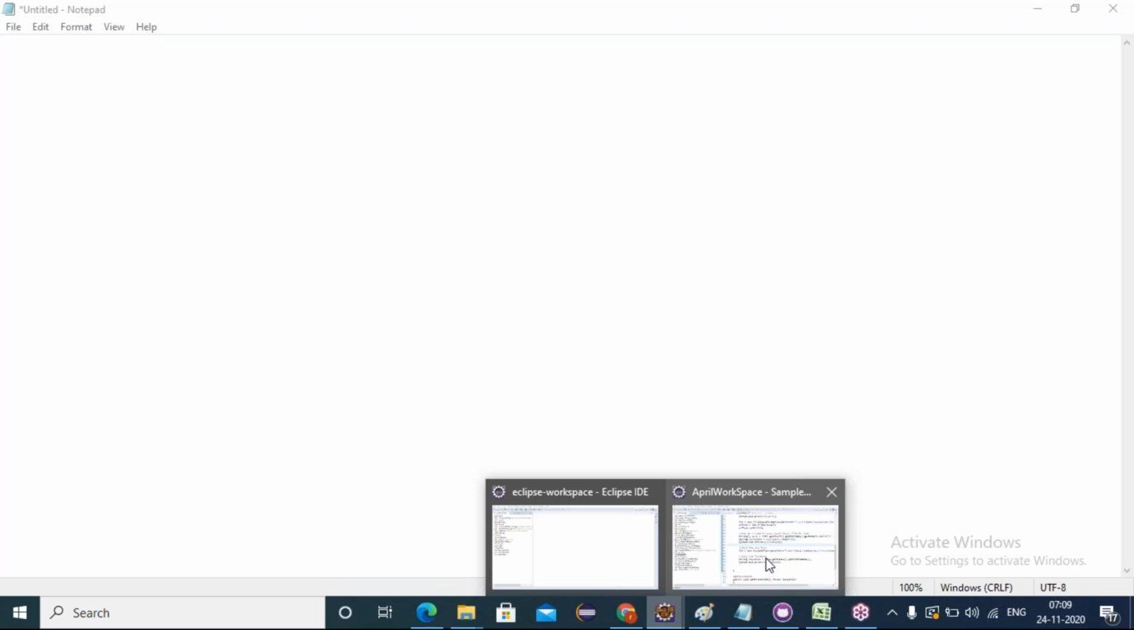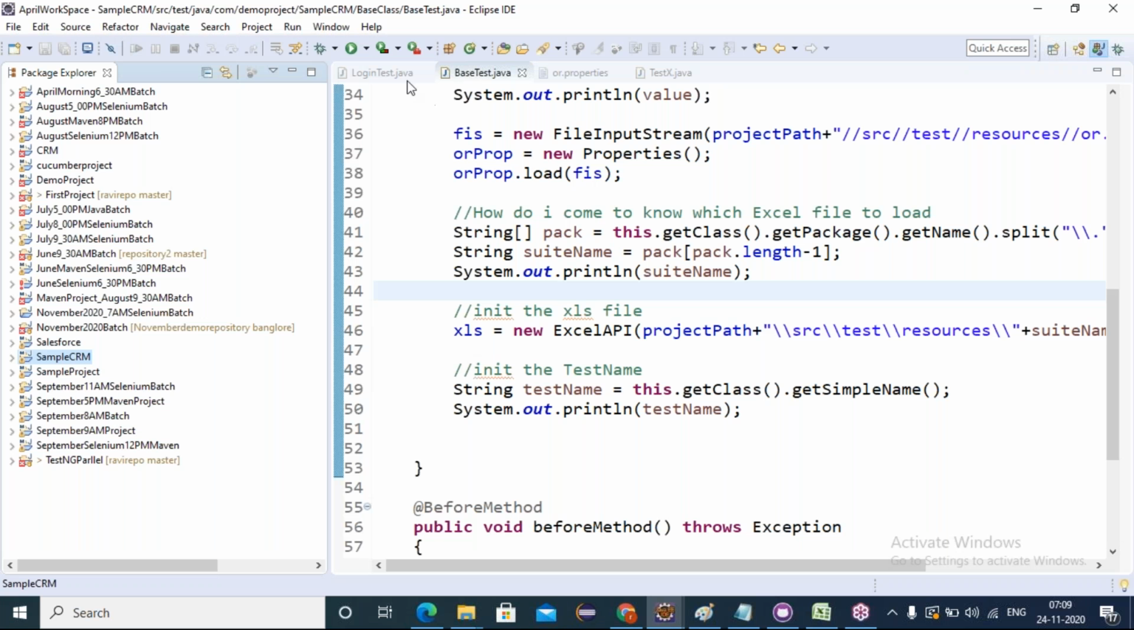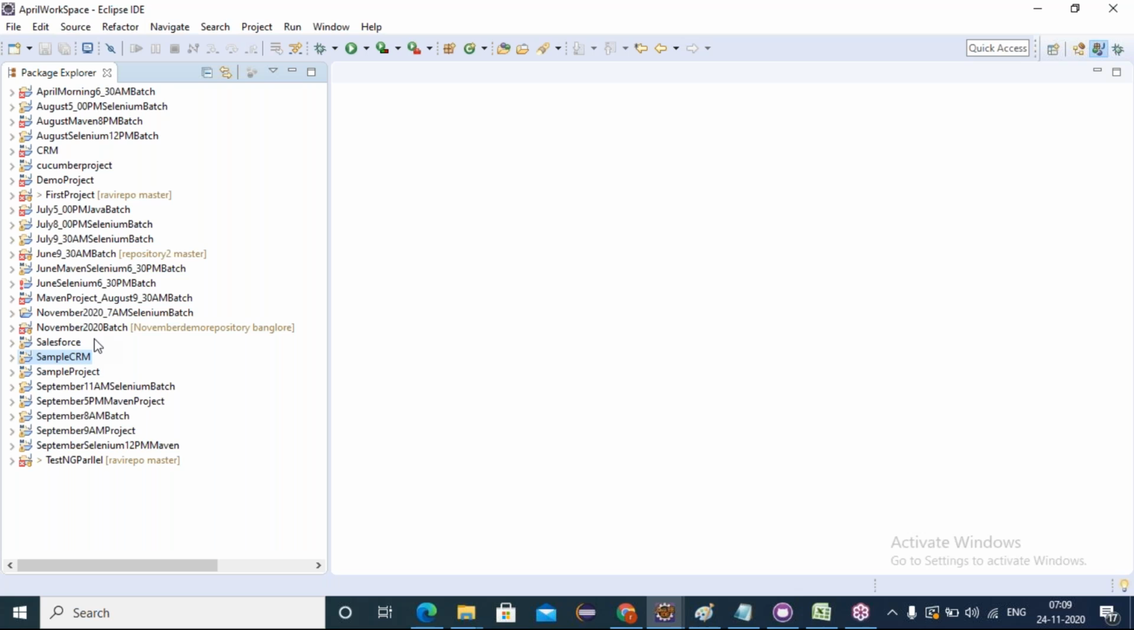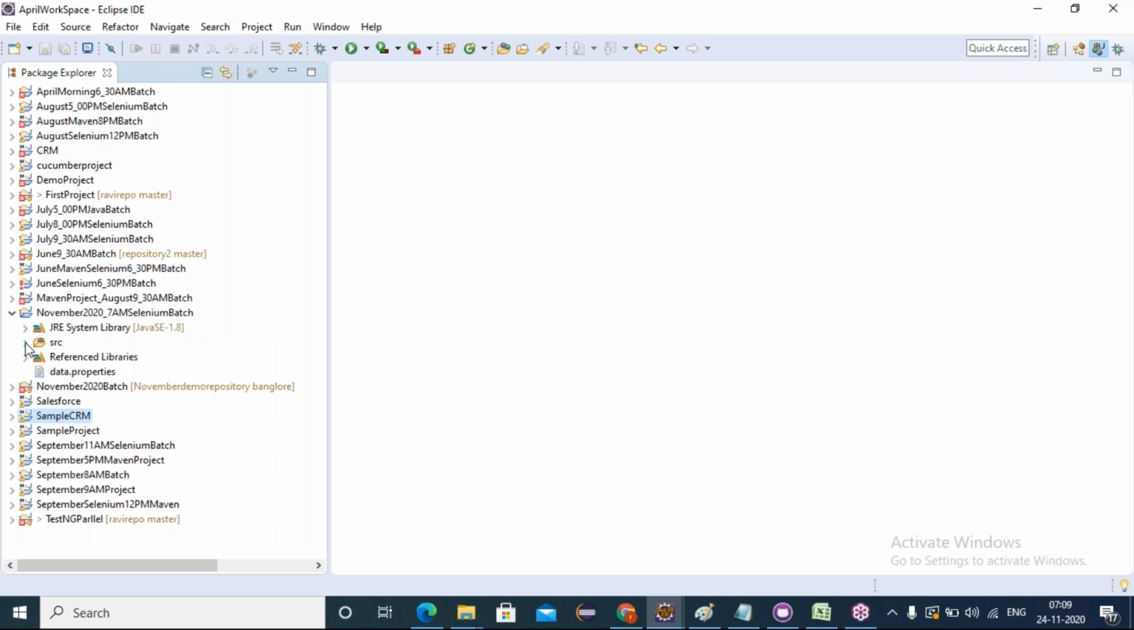So last class we discussed, one second, let me close this. We converted our browser launching and navigation of URLs into reusable actions that we have created, and we have implemented